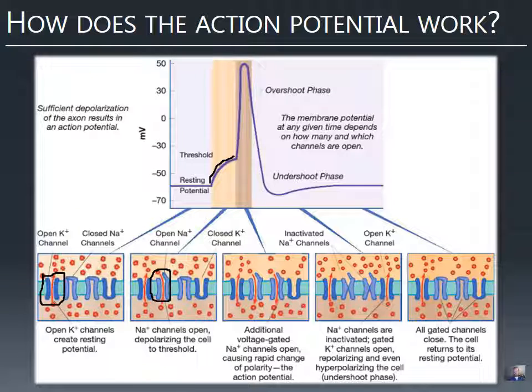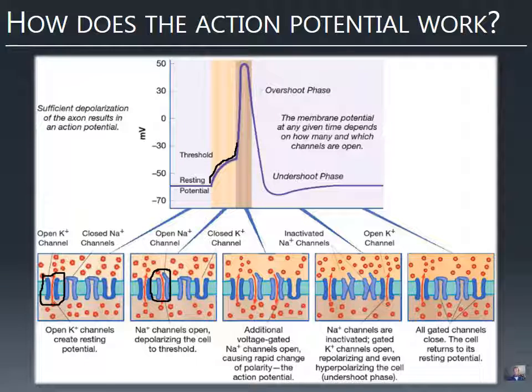And of course, there's lots of sodium outside the neuron, and there's lots of these sodium channels. So as they start to open, sodium starts coming into the neuron. There's a lot of sodium outside, very little inside, so sodium comes rushing in. Well, that's going to make the membrane potential even more positive. We have all the sodium coming in, and it's coming in very rapidly because these are voltage-gated sodium channels. They're sensitive to the membrane potential. So the more positive it gets, the more open.